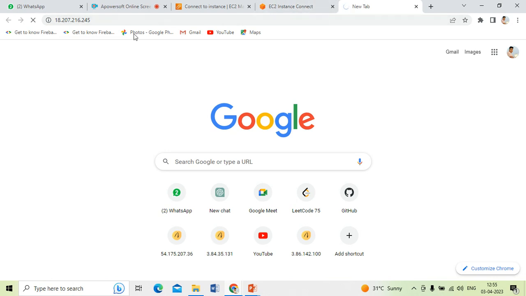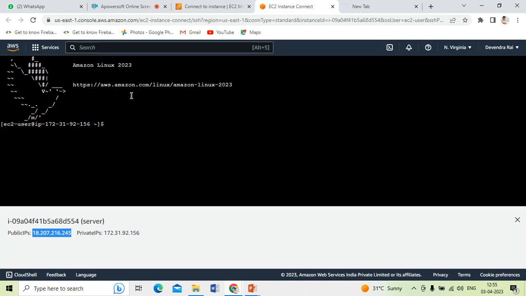Here nothing is running right now because we have not connected anything. Now we need to check whether Git is installed or not. No, it is not installed. To deploy our website, we need code. I have already deployed it on my GitHub. So to get it on this virtual machine, I need to install Git on it. To install Git, we have a command, that is,